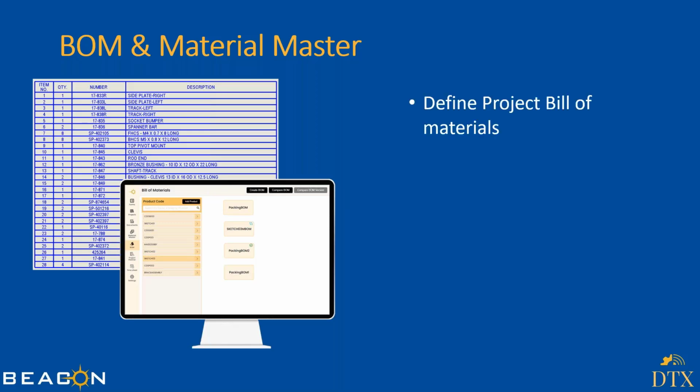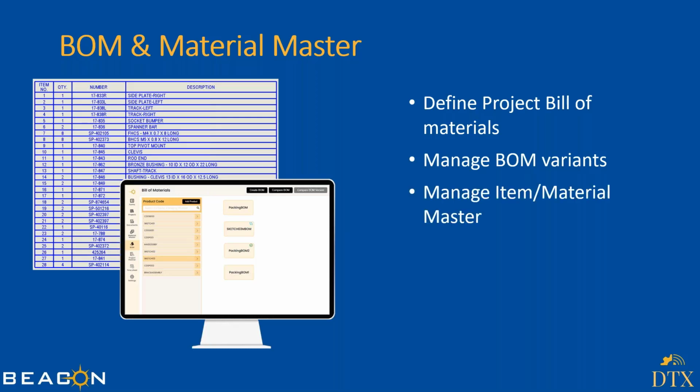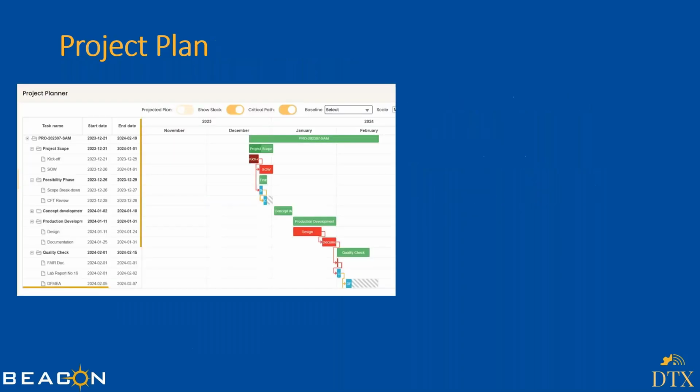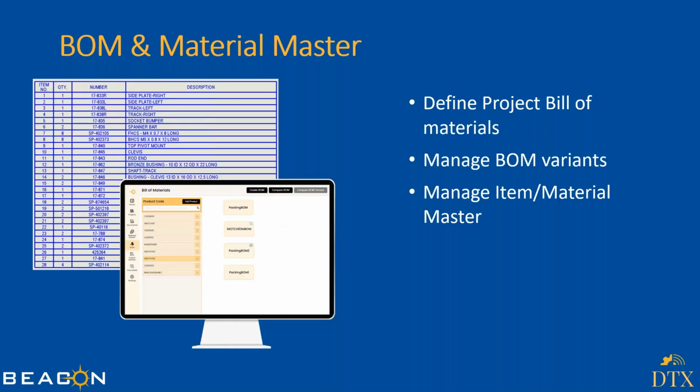So we'll be able to define various bill of materials at the project level. BOMs can also be defined specific to the master, where everyone within the organization can see them. Again, we can make it specific to the project so that only project-specific data is shared to them, and you'll be able to manage various BOM versions. You'll also be able to manage the item master and model master. Okay, so let's look into that.